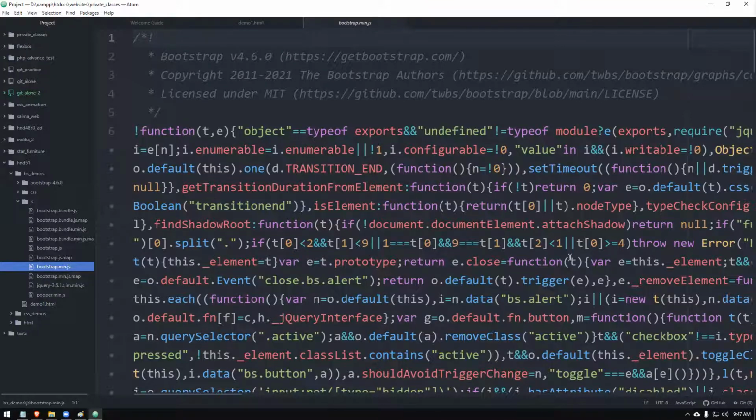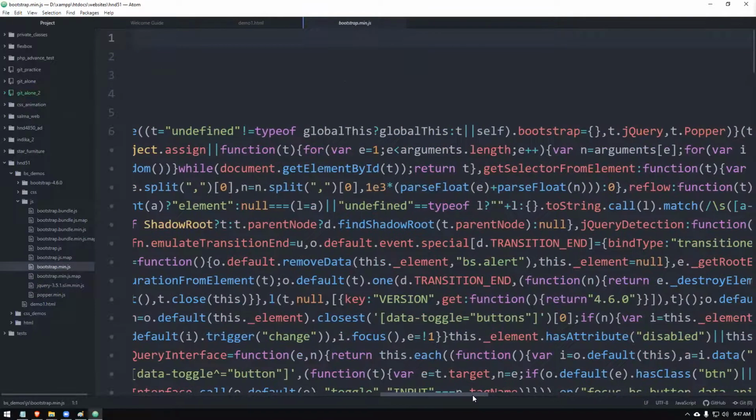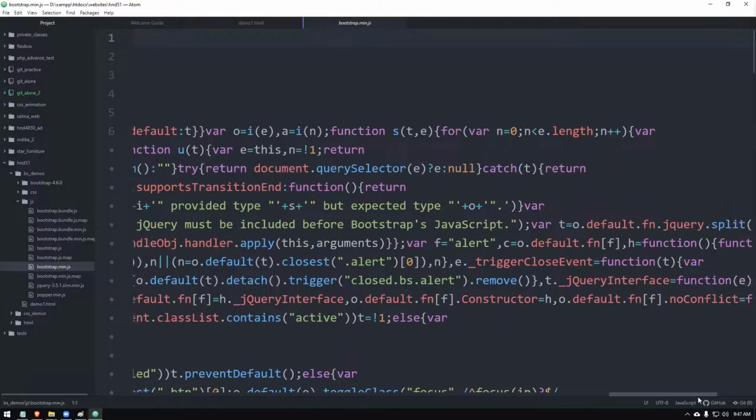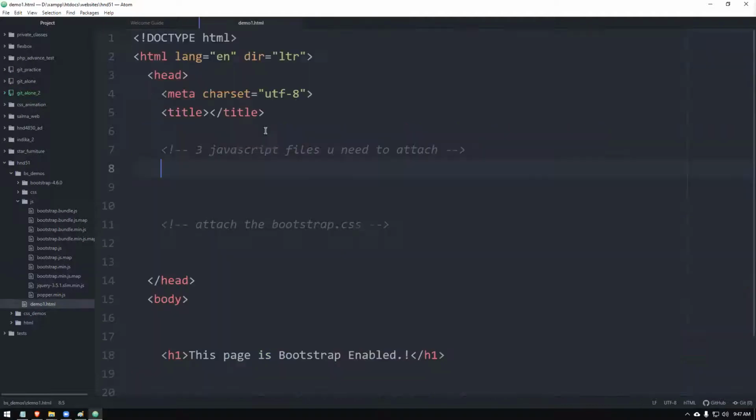This is not recommended for learning or editing. It is very difficult for you to read using software. They have put it like this, and I'm not going to touch this one, right? I'm going to make use of my original one, bootstrap.js. But when you're uploading to your website, using the minimized version gives you speed, so it can improve your downloading speed.